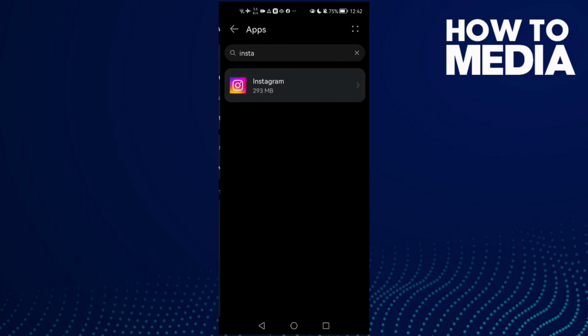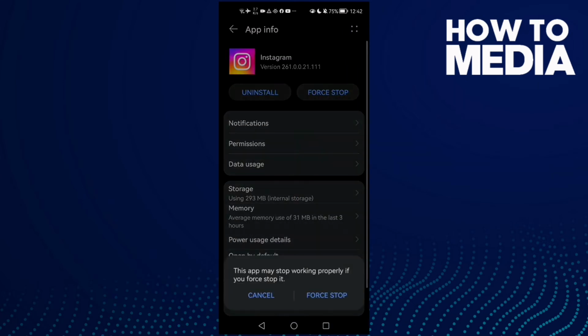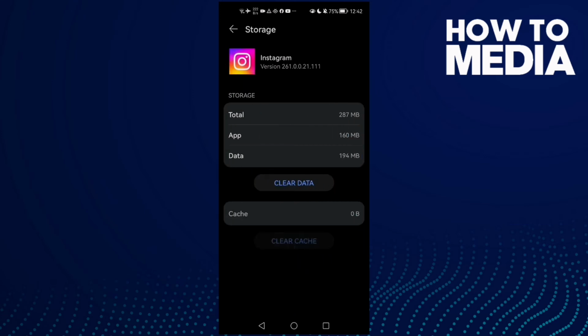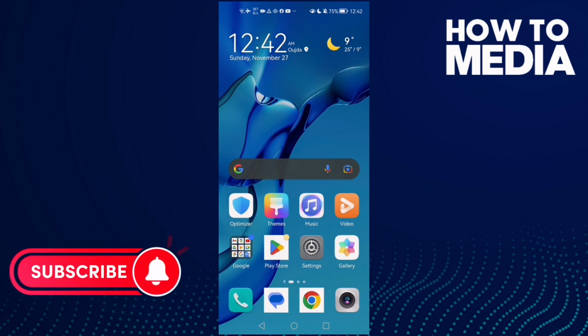and then apps again, this one for Android phones. Click Instagram, then force stop and go to storage, clear cache, and if you have an iPhone, just go to settings, general, and then iPhone storage, and scroll and search for Instagram, then click on it and